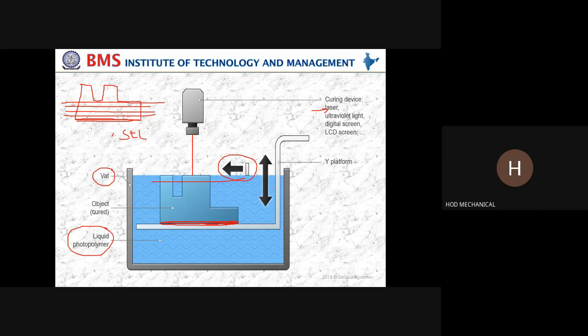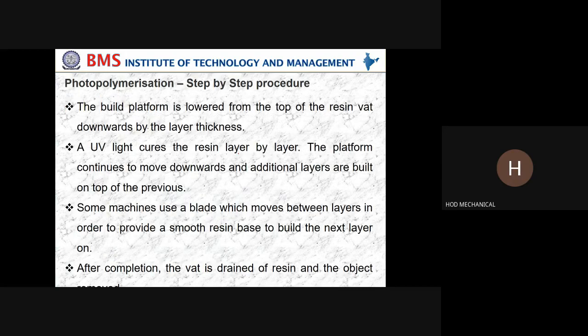After that, I am going to move this blade from the left to the right, so as to remove any impurities present on the first layer. After removing all the impurities, the light rays are going to fall on the next one, upon the built layer. Already you have built one, and above that you are going to build. Like that the building operation proceeds. So much more explanation. Now you can observe the build.